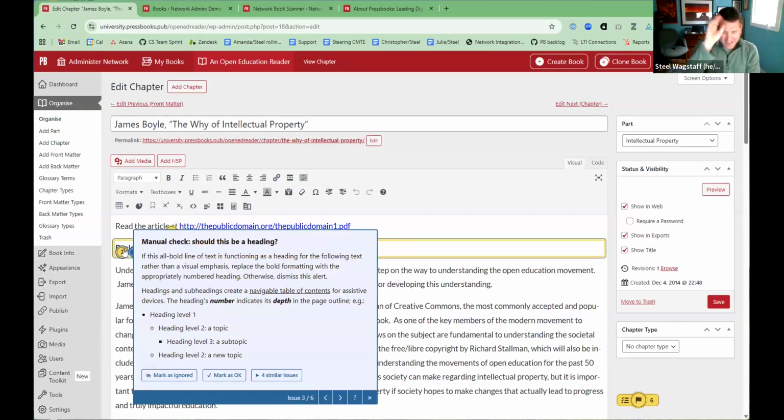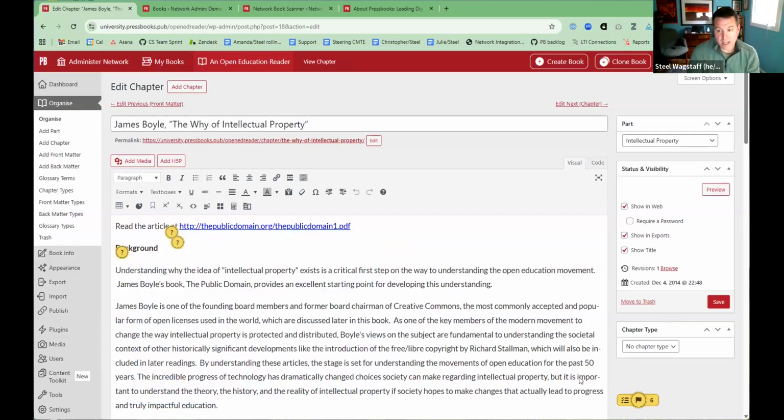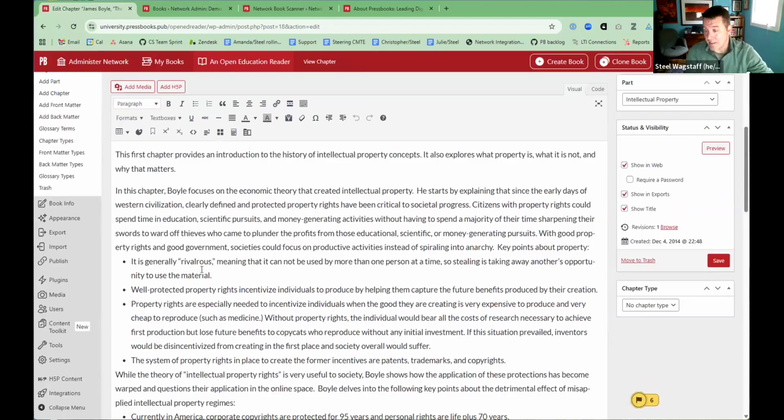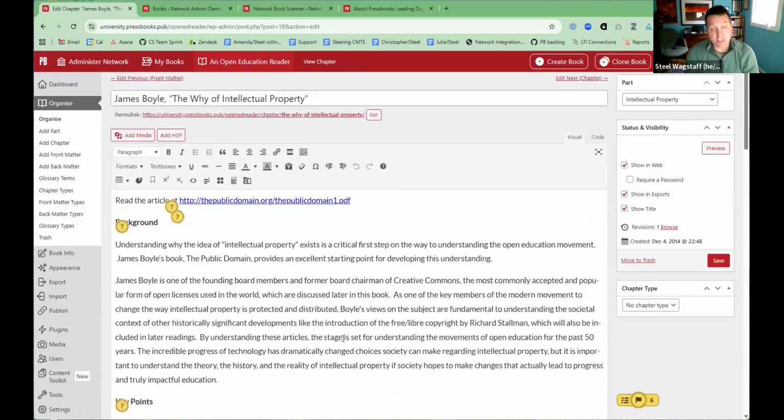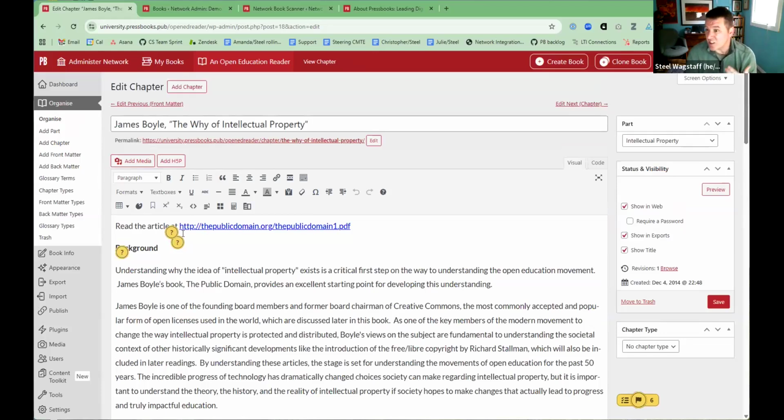Many people feel like, I'm just trying to write my book. This tooltip keeps getting in the way. If you feel that way, you can click X to close it, and there's a flag. Clicking the flag means I don't want to see the tooltips while I edit. I want to just edit. Clicking the flag again says I do want to see the tooltip because what I'm interested in doing is understanding what they are and fixing them.